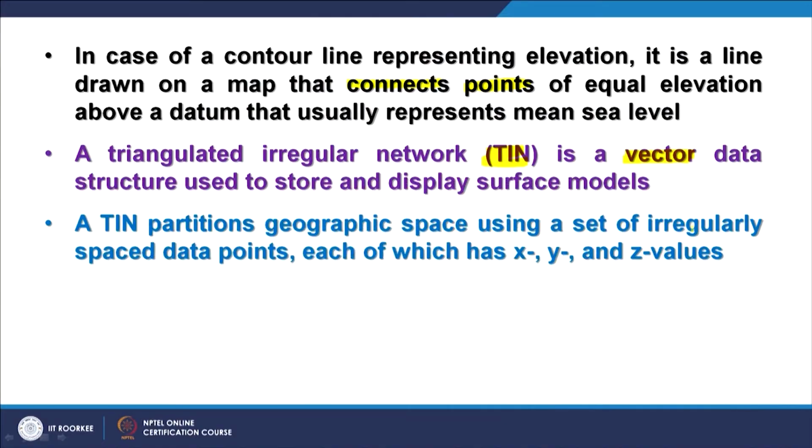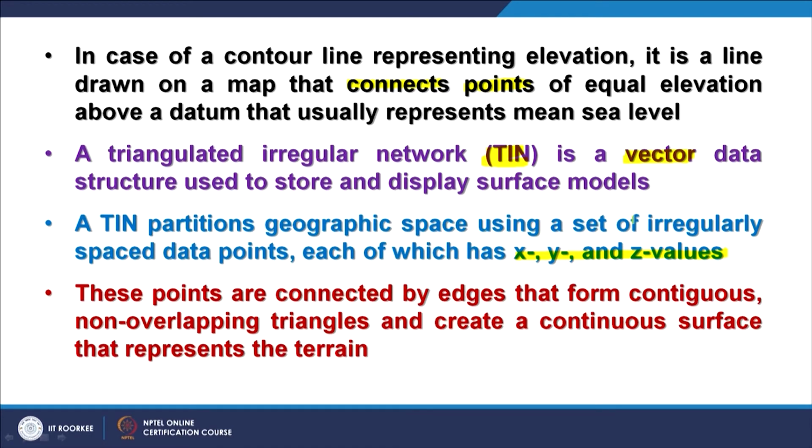Now, as you know, TIN is a triangulated irregular network, and there are a lot of facets in the form of triangles, and they basically partition the entire terrain based on observations, our input points x, y and z values. So, what we find ultimately in a TIN are irregularly spaced data points, and these data points are used to create an irregular network of triangles.